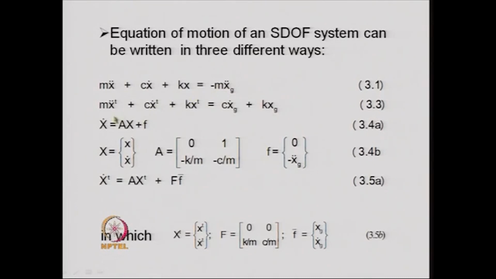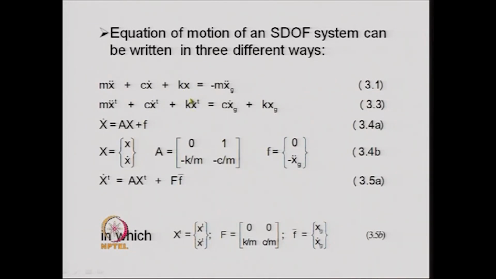First, this entire equation can be written in terms of not the relative displacement, velocity and acceleration, but the total displacement, velocity and acceleration. For that, in this equation, we add C x dot g, and add K x g over here, then